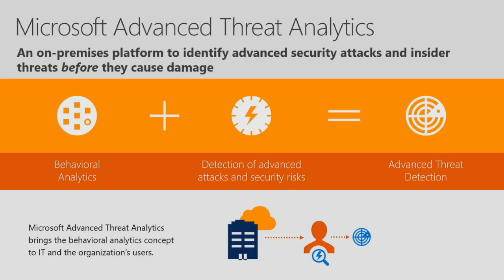The first one is around behavioral analysis. We look at the network traffic, specifically the network traffic that's coming from your domain controllers, and we effectively profile your environment. We're looking at the users, the computers, the entities in your environment, trying to understand what's normal so that we can see the stuff that's abnormal and alert you to that.